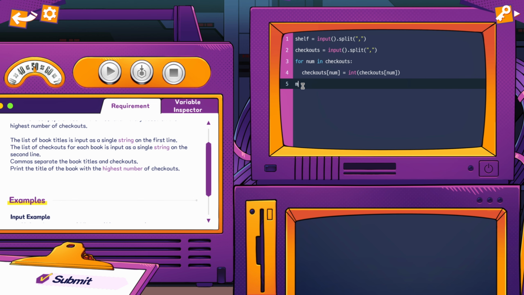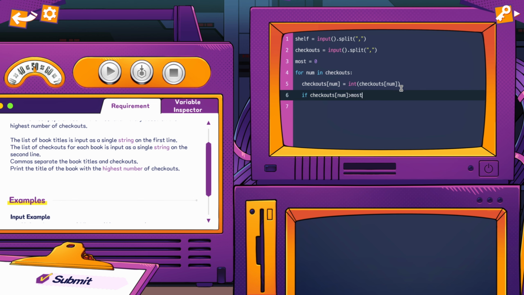So, I keep doing that. Maximum most is going to equal maximum of checkouts. And then I don't know how to get the index with this information. Maybe what we can do is go most up here, make it equal to 0. And then maybe in our for loop here, we'll say if checkouts at num is greater than most,